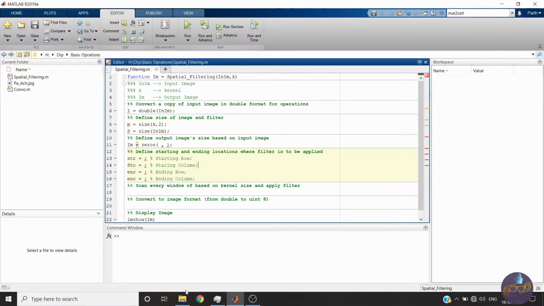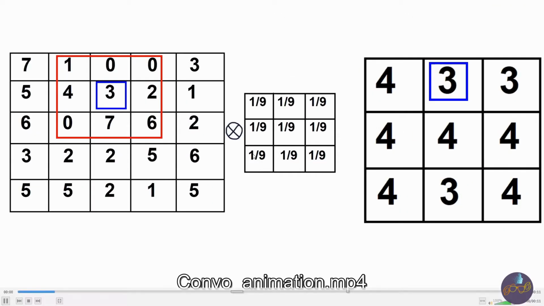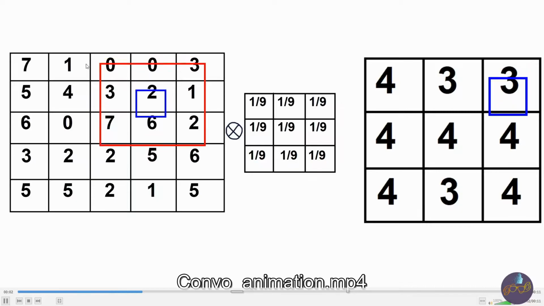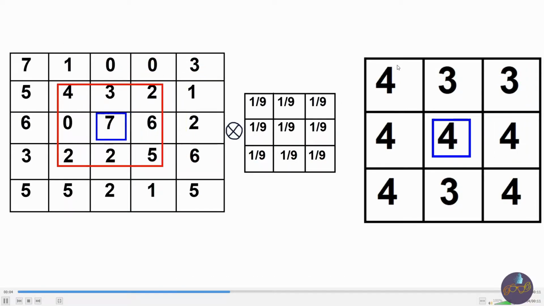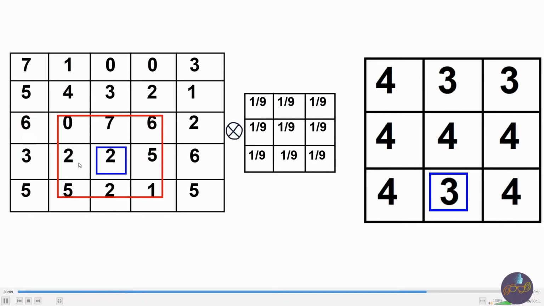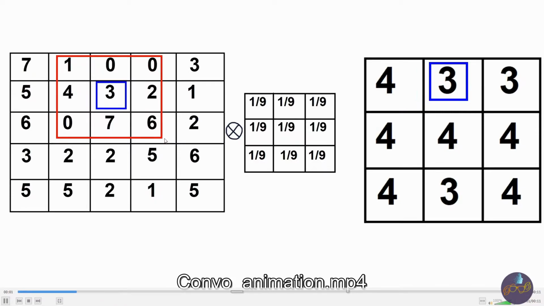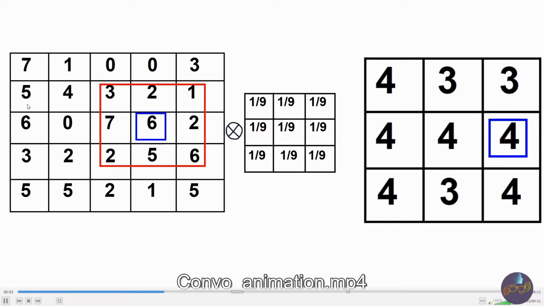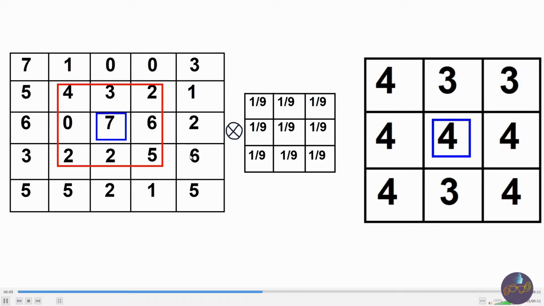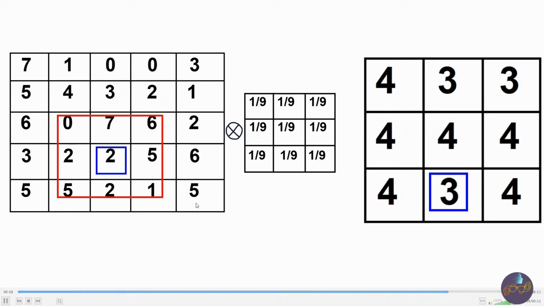Okay, now let us again look at the animation. Here you can see the input image was 5 cross 5 and the output image was just 3 cross 3, and you can also see this central pixel will move only up to this many pixels. So this is the first column and this is the last column. These both columns will be removed and the first and last row will be removed.